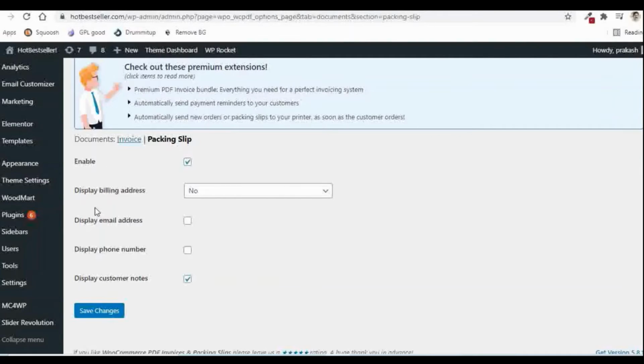So it says enable the packaging slip. Yes, of course. Display billing address. If you feel it is not required on the packaging slip, you can say no. So I will put it as no. The further thing is display email address, not that required. Display phone number. So phone number is important as it will help the courier person